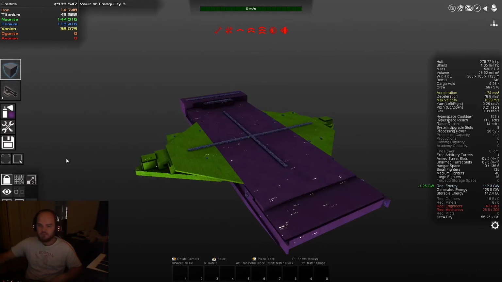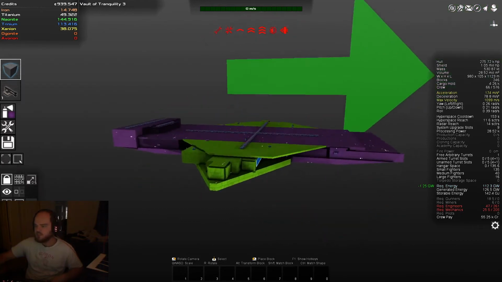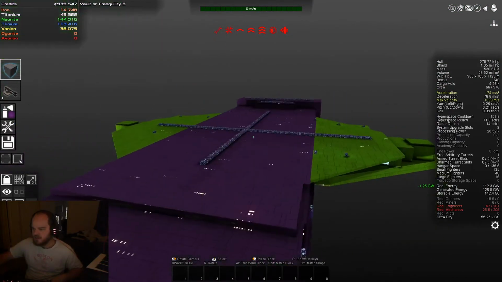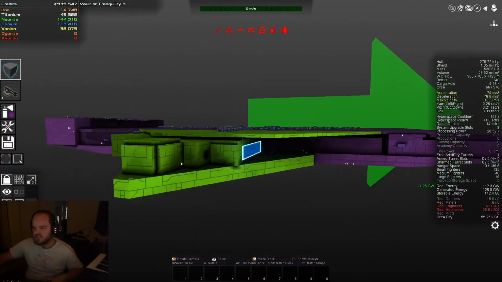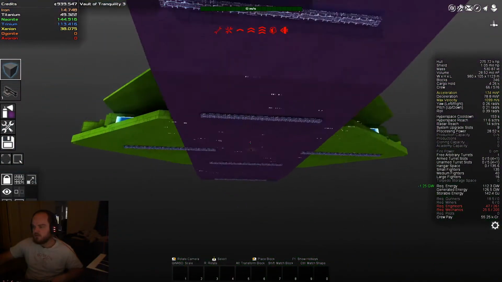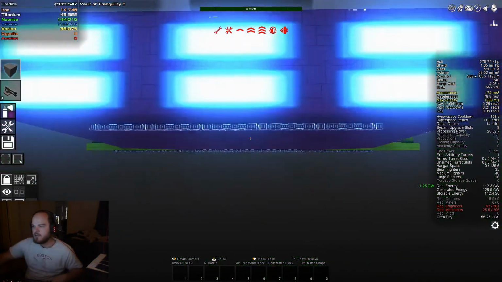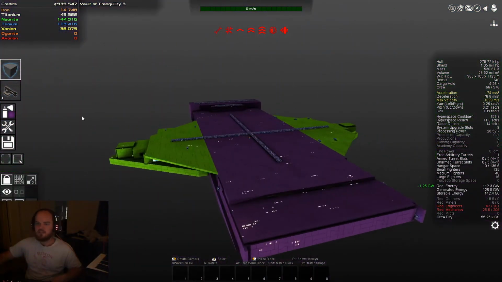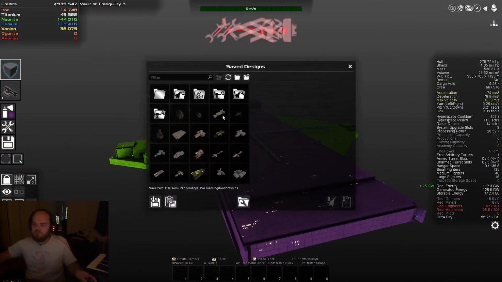Decent-ish ship. I guess all the integrity generators are purple, but that's okay. I don't necessarily mind having a little bit of purple on the screen. So I'm just making sure everything got colored properly before I save it. But let's go ahead and save this as a template. You know, it's not the prettiest ship in the world, but...